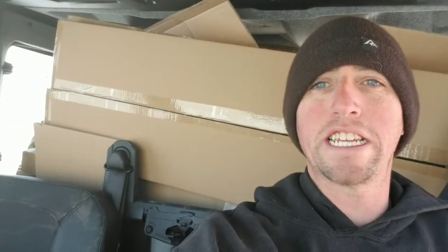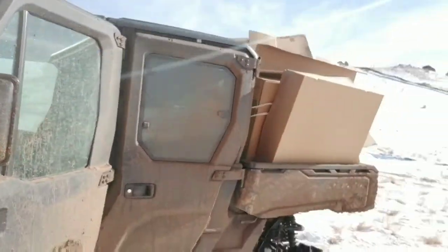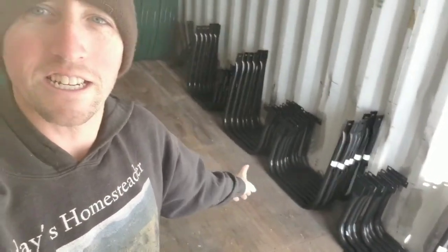Okay, so you can see this is completely filled with garbage. And you can see the back of the truck, or the ATV, not the truck. It's like a truck. It's filled with garbage. And that's because Johnny has his own little workshop. So for those of you that hate putting stuff together,